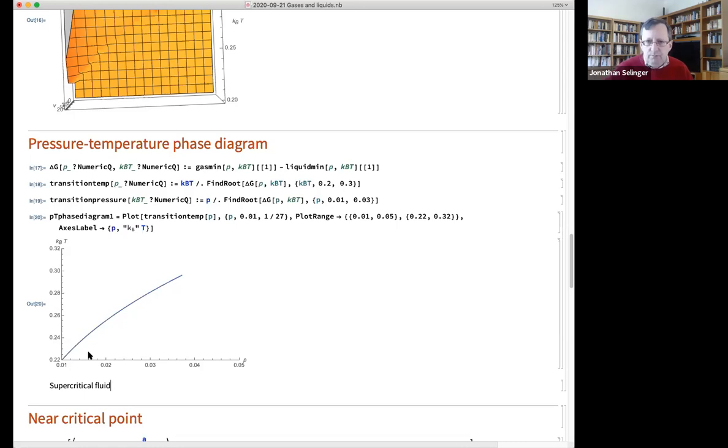So I'm trying to understand why, because in my understanding, the effect of the attraction between molecules and the effect of the pressure are quite similar. They're both trying to compress the gas, right? But why